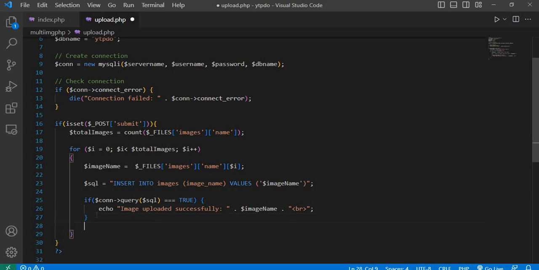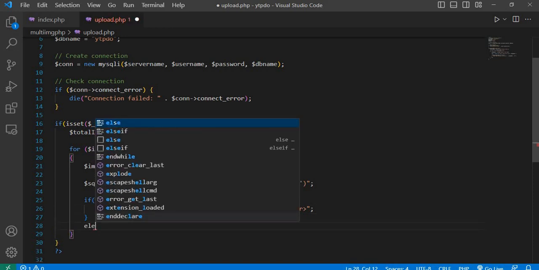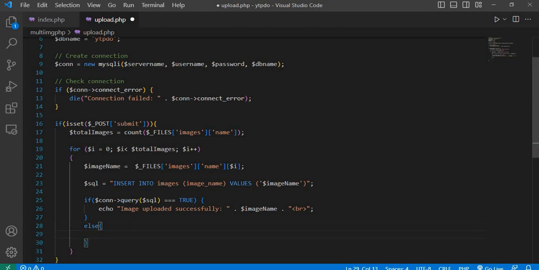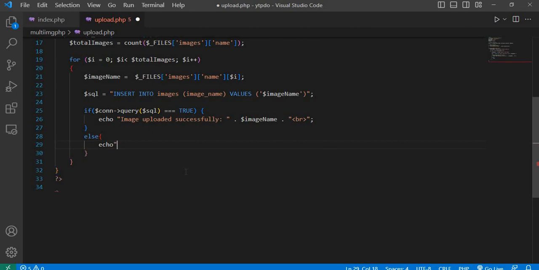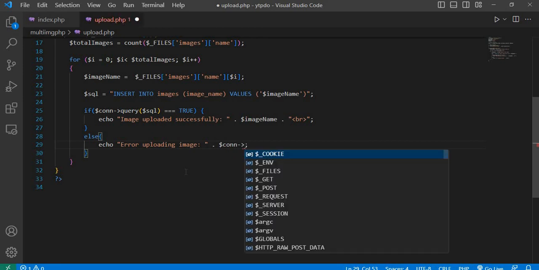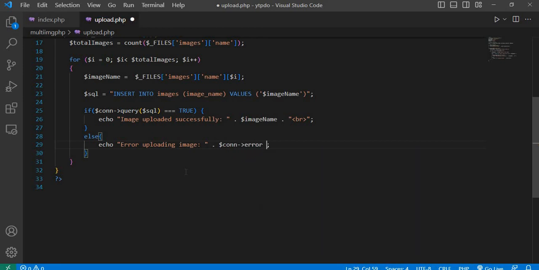Now else, echo error uploading image, dot $con hyphen greater than error, space dot, pass br tag,